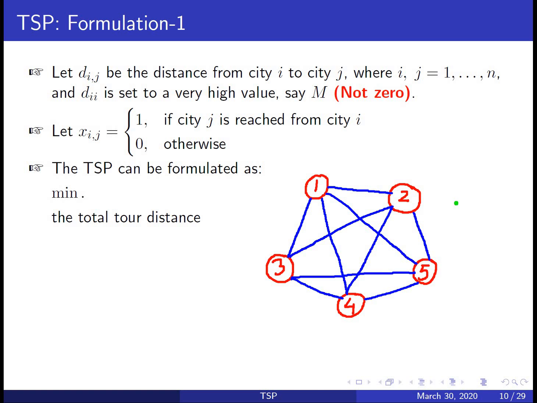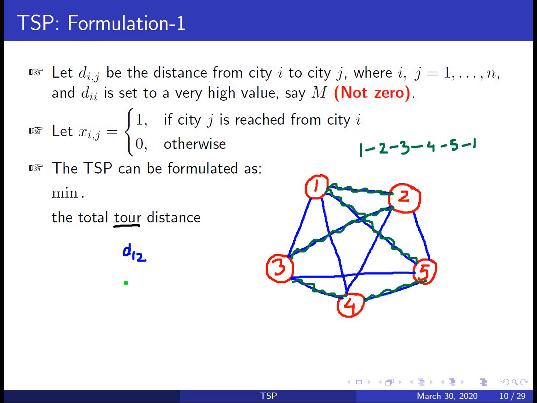Let us say we have 5 cities represented by these nodes 1, 2, 3, 4, 5, and let us say the distance between city 1 and city 2 is represented by this blue line. So all the cities have some distance, some value. And now I am going to make this tour. On the graph, this is how it looks. Now the tour distance is nothing but the sum of those distances which I have traveled in this tour, which is nothing but